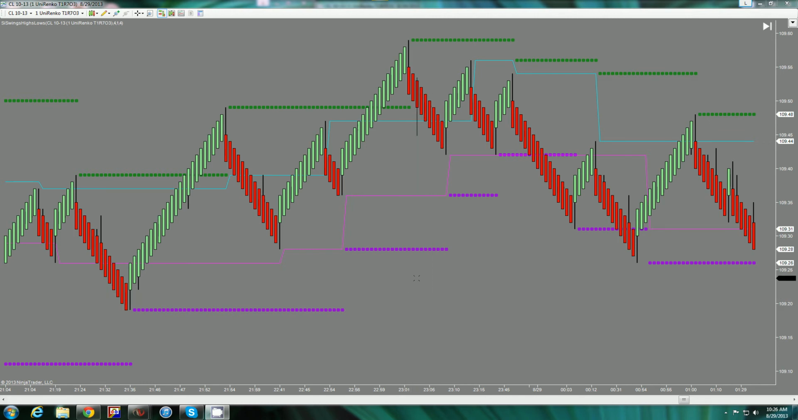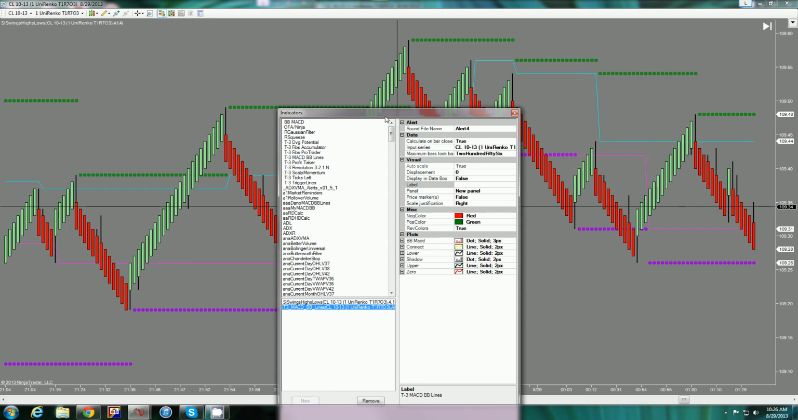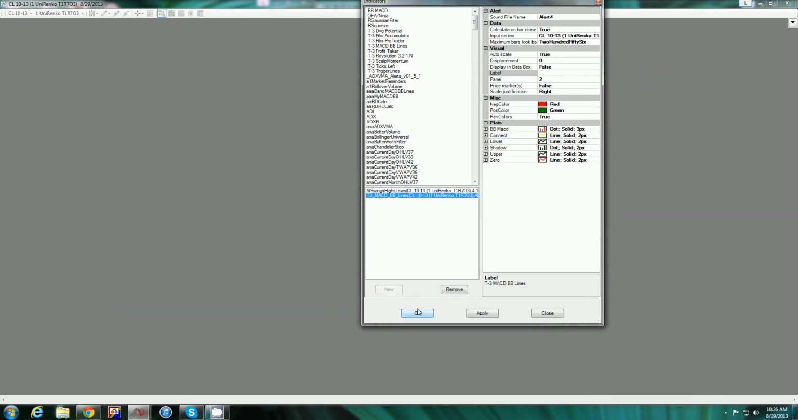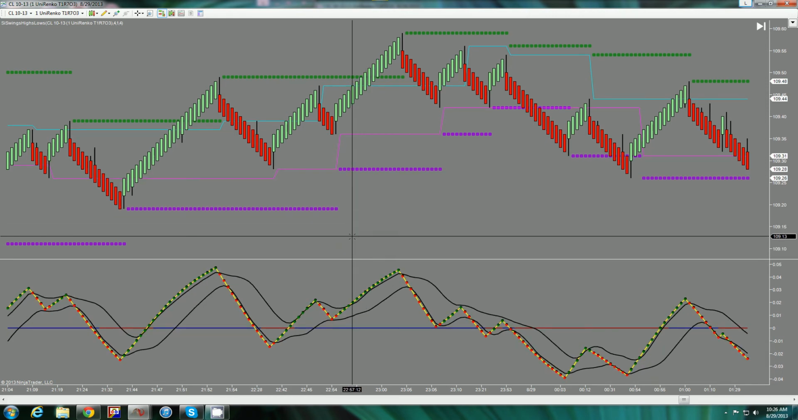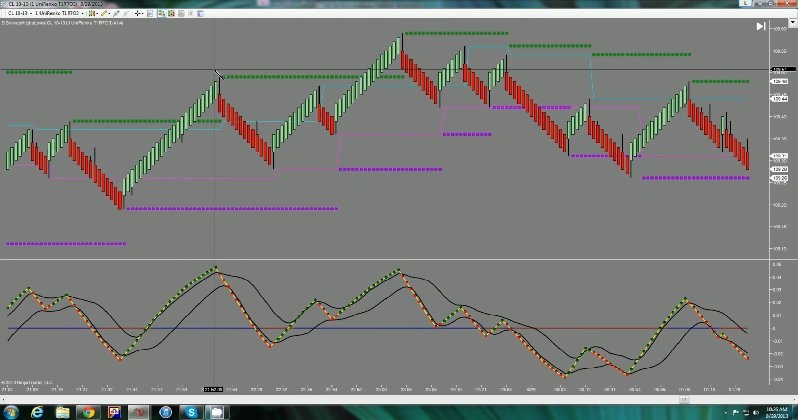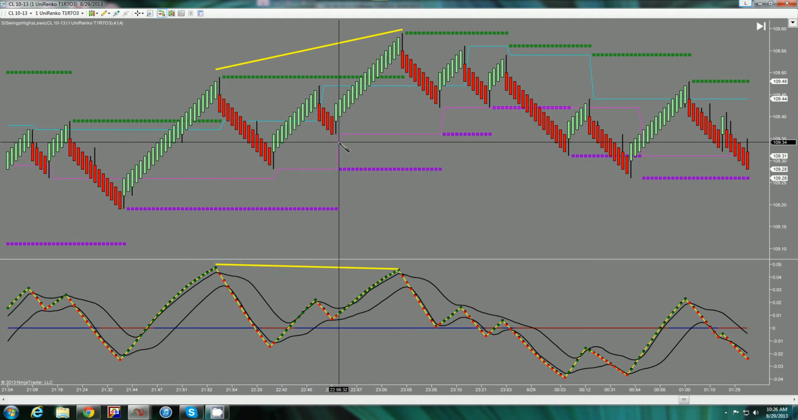Okay, sorry, I just found one, but let me just make sure. So I'm going to add the BB lines, MACD BB lines, and see if we actually have a divergence here. Yeah, we do, thank goodness. Okay, so if you wanted to still call this a divergence even though you have a pivot in between,